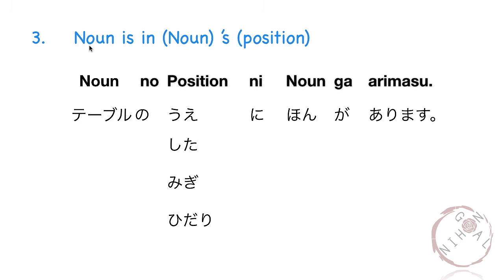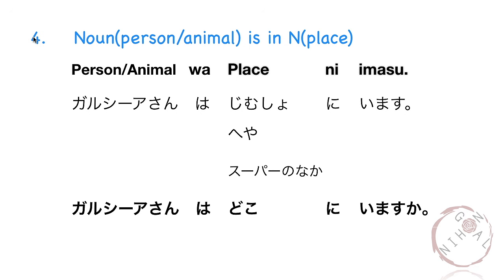Next is saying that a noun is in a noun's position. Noun の position に noun があります。For example, テーブルの上に本があります。Or テーブルの下に本があります。テーブルの右に本があります。テーブルの左に本があります。